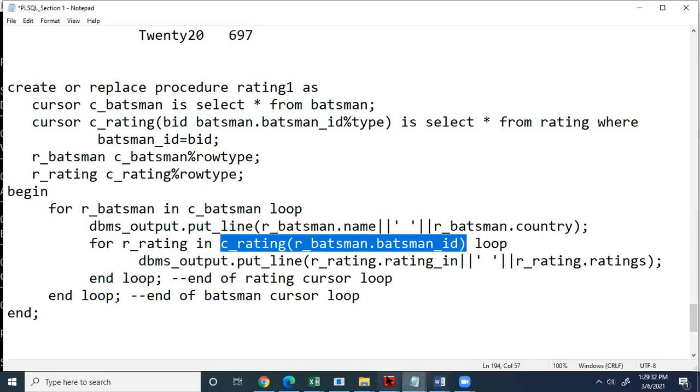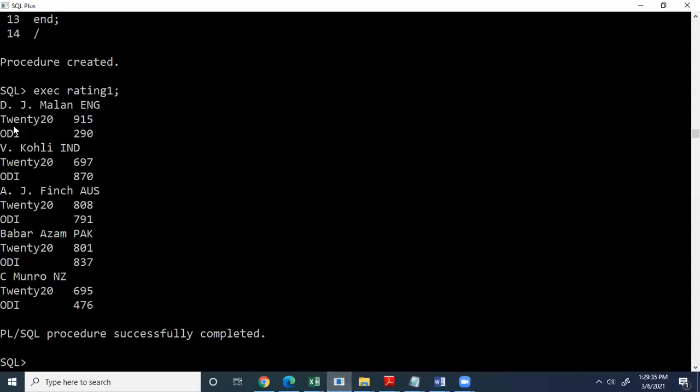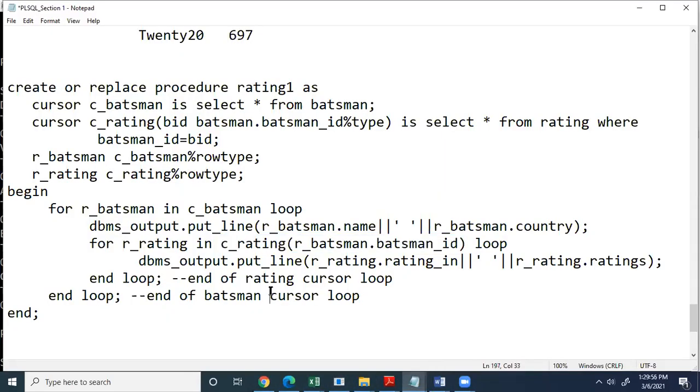Okay. Fine. So now as you can see, it is displaying this report where it is displaying the batsman name and country only once, and then 2 records of his ratings here. Again, second batsman and ratings records, third batsman rating, fine. So this is how we can execute this procedure using a cursor parameter, passing a parameter in the cursor. So this is the example of passing a parameter in the